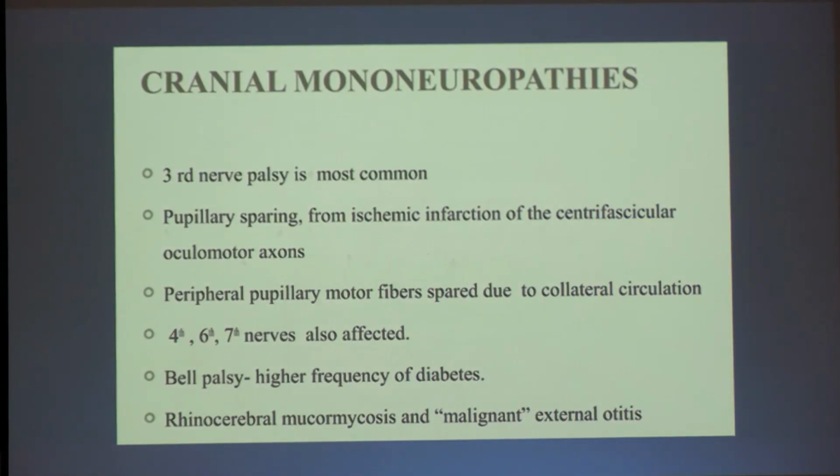Cranial motor neuropathy. Cranial mononeuropathy, third cranial nerve is the most common involvement, but third, fourth, sixth as well as seventh. We have to keep in mind the third and seventh. The feature of the third nerve is external ophthalmoplegia with internal ophthalmoplegia being intact. That means the features of impairment of the ocular muscles but sparing of the pupil, that means the pupillary light